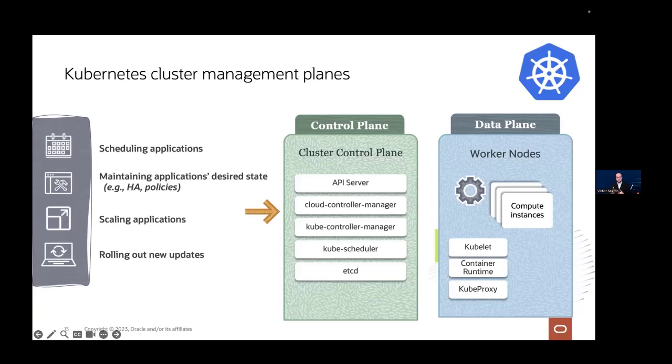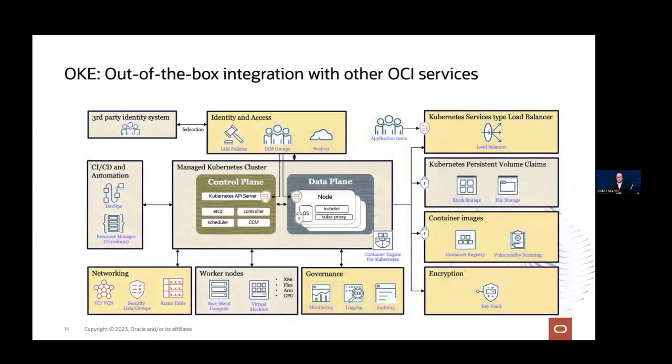And with that, we can go to the next slide, where we'll go into the details, starting from the top, like the identity and access management that I was mentioning, all the policies, groups, and the access to the worker nodes, if that is the case with a Bastion. All of that is handled by the identity and access management of Oracle Cloud. You can also connect with third-party identity providers. That could be a federation from other systems